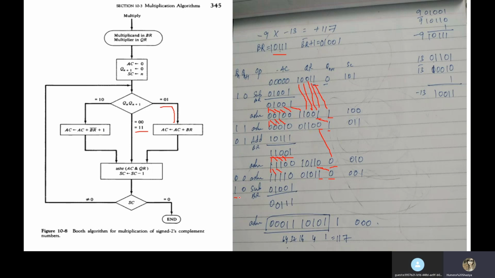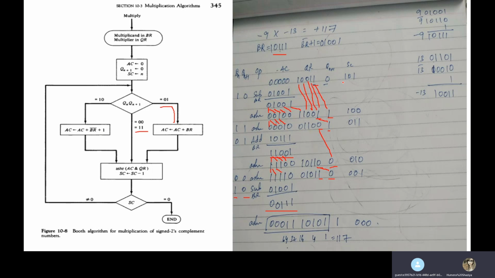For the 1 0 combination, what has to be done? A subtraction has to be performed. So this is our AC value, and BR bar plus 1 is 0 1 0 0 1. You sum them up to get this result, 0 0 1 1. After that, again you have to perform arithmetic shift right, and please note that as we are going ahead,